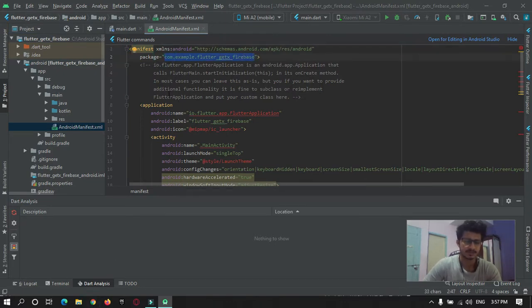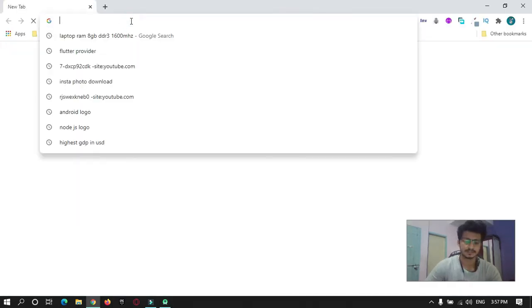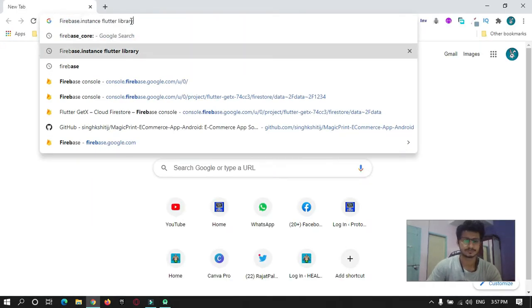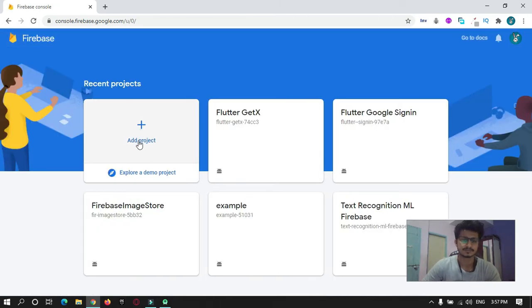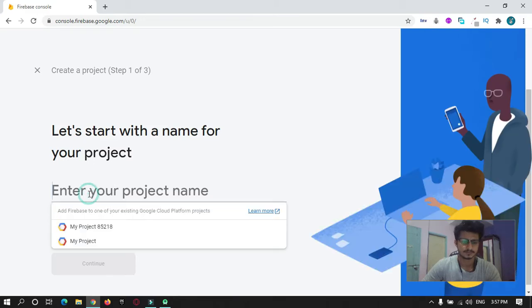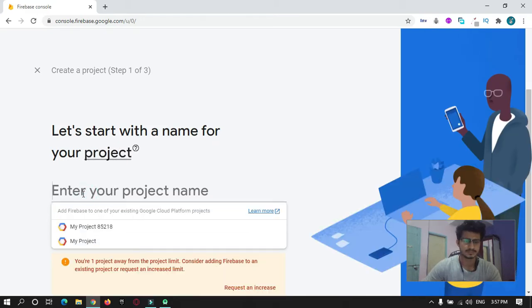Now open a browser, and go to Firebase console. Here add a new project. Give a project name.